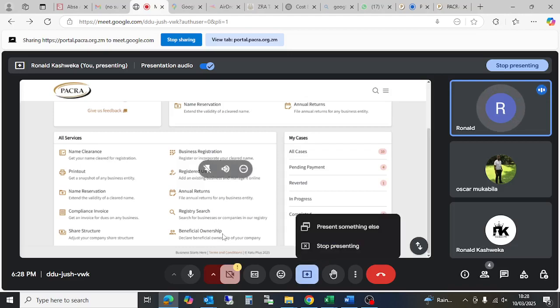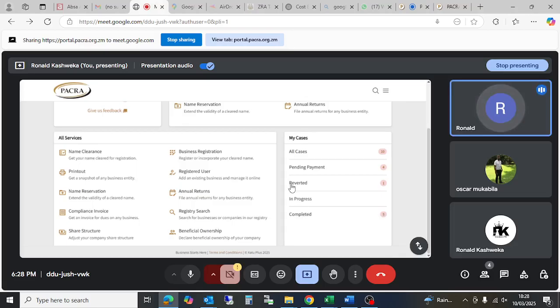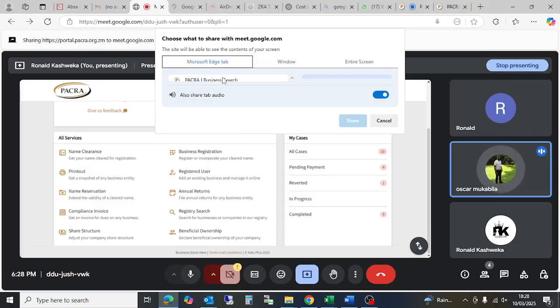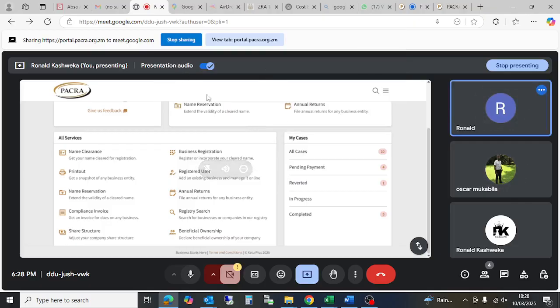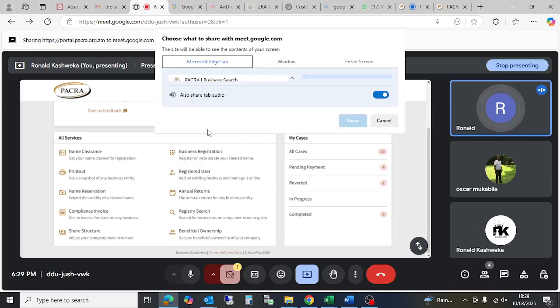Do you have a PACRA account? Yes, I do. Is it for yourself or for your business? It's for myself. Okay. So you offer various services using the PACRA account? I've never done that before, but I'm planning to start doing it now because I just opened recently. Okay. All right. So for me, I've actually used it a couple of times. As you can see, I have all cases, 10 pending, vetted, in progress. Basically, I have a number of